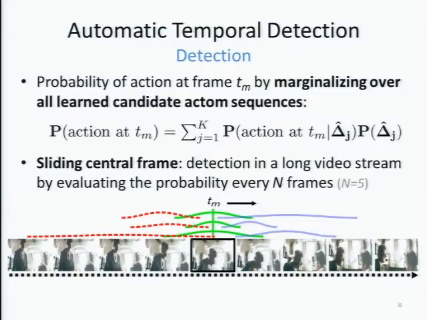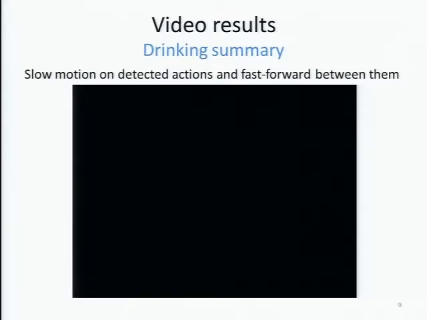So it's like sliding window, but you don't have windows. You just evaluate this probability every n frames, and you don't have to choose multiple scales or have multi-scale sampling heuristics like people do for sliding windows. They are captured by your prior. And so in our conclusions, using this prior helps a lot. And you can also use it for sliding window. So if you're doing sliding window, instead of having multiple scales and then doing non-maximal suppression like usual, learn a prior over your scales and marginalize. It robustifies the performance a lot.